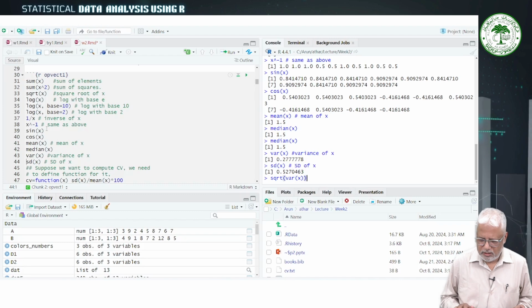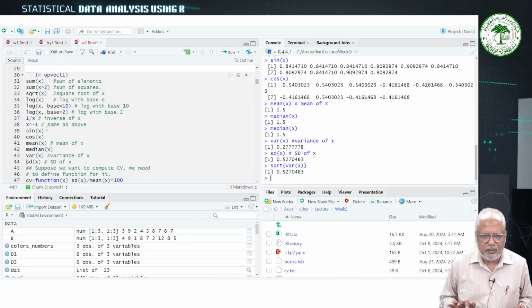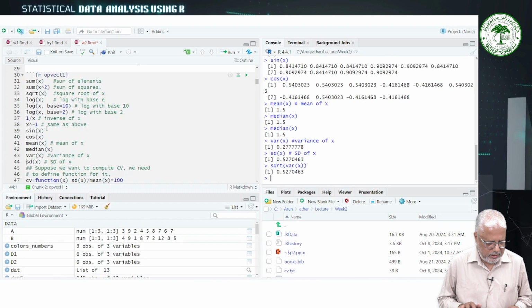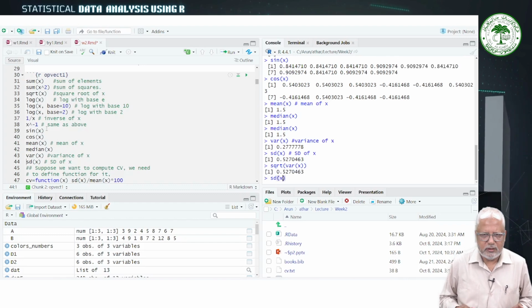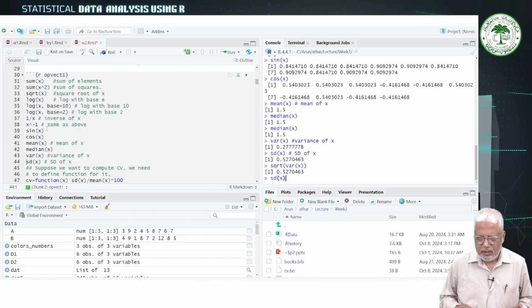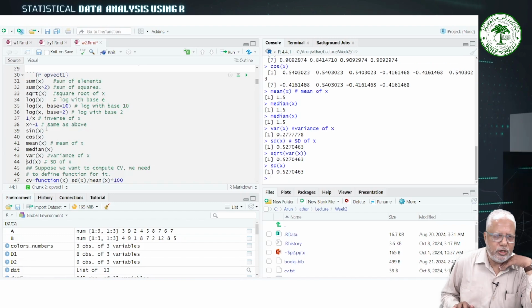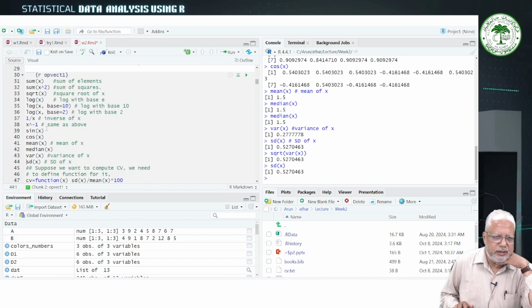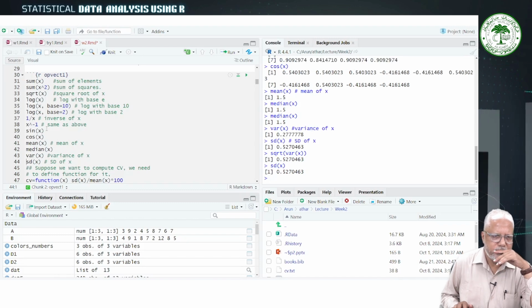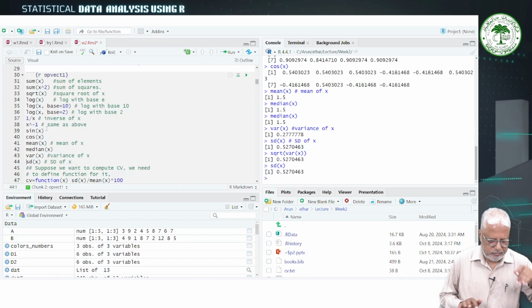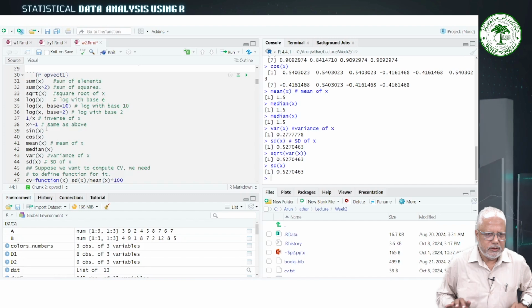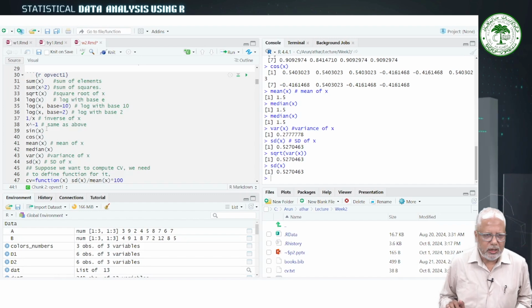So, here we can get the same result which we are getting on the function SD of x. So, you can verify these are equivalent operations. And then control 1, I am going to talk about,